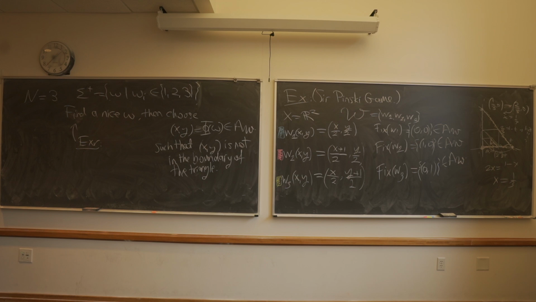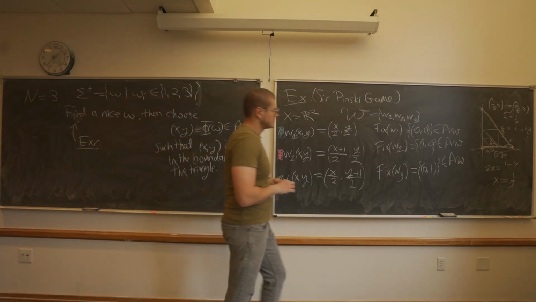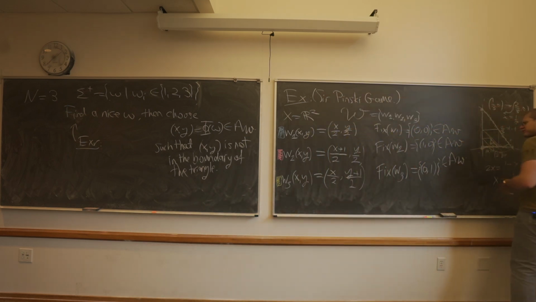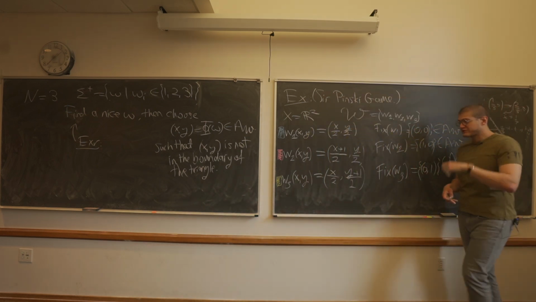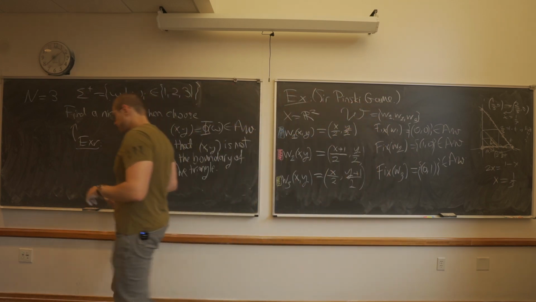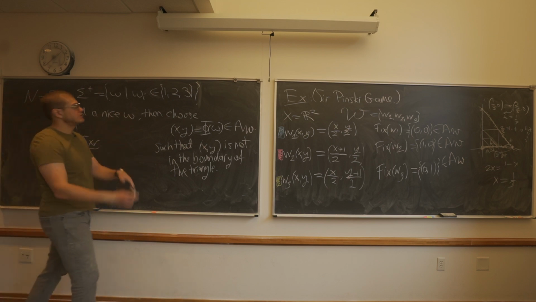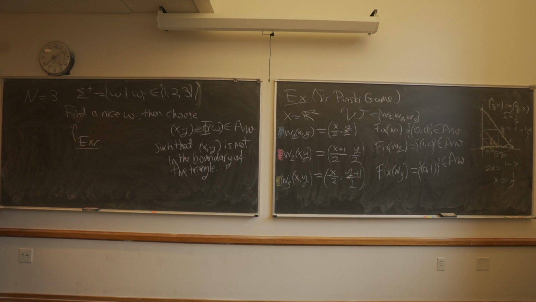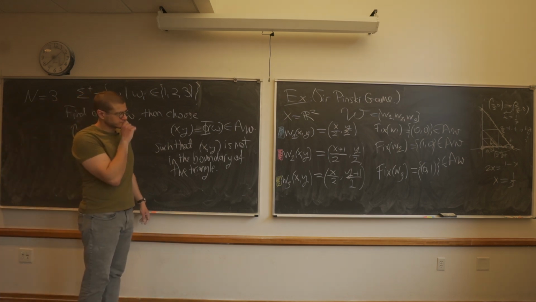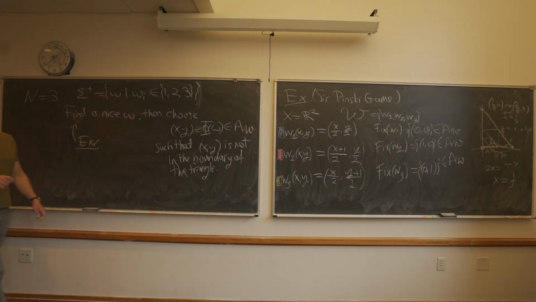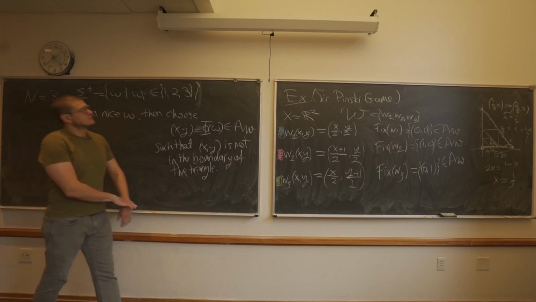Find a nice point. Find a periodic point if you want, or find a non-periodic point if you want. Ultimately, the point is to use the sequence space, because finding periodic points in sequence space is rather straightforward. You can find points that are periodic with arbitrarily large periods by just taking different terms in your sequence. Any questions about this? I know I didn't do a very good job here, but I should have prepared this before.